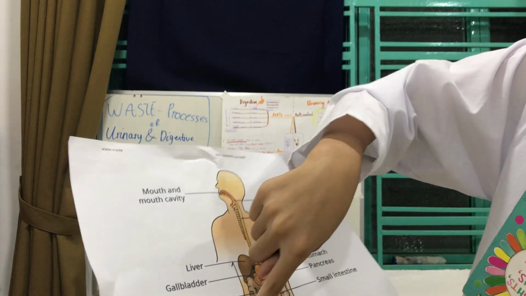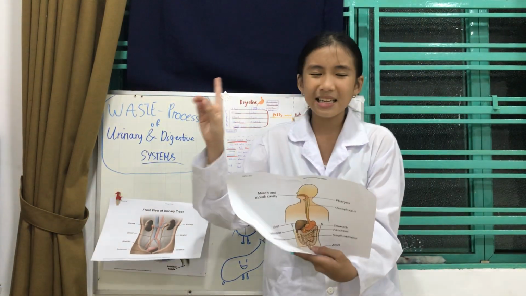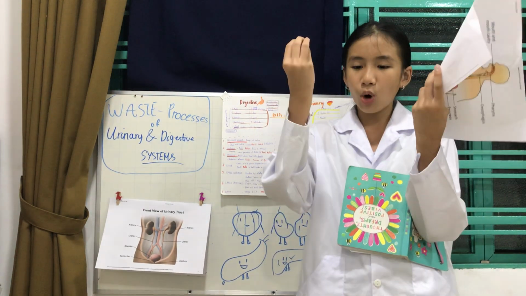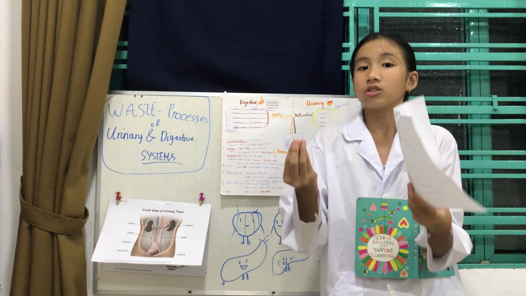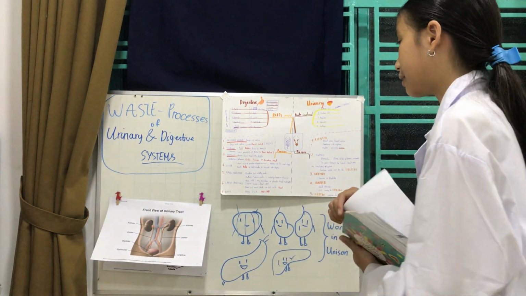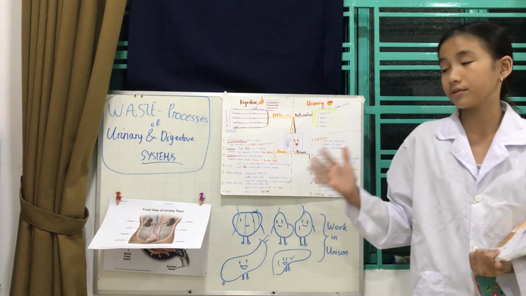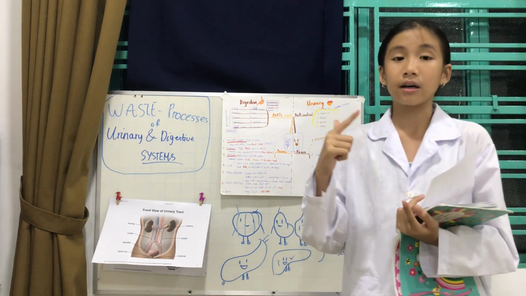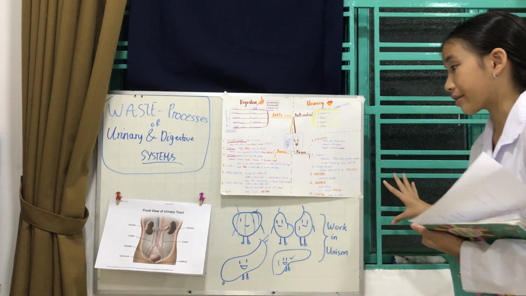Now, as they move down the small intestines, the small intestines have little tiny finger-like projections called villi. Those villi will help to absorb the maximum amount of nutrients and water from the chyme. And from there, they will absorb the final nutrients from that chyme, including the leftover proteins, fats, and vitamins, as well as other things.